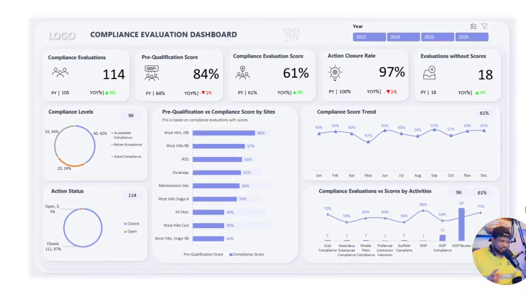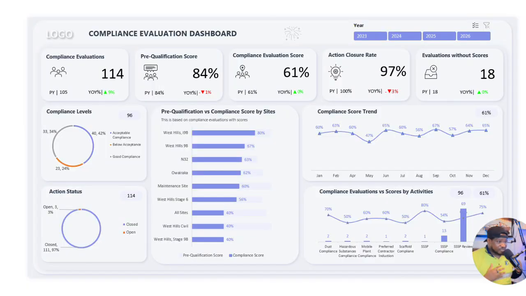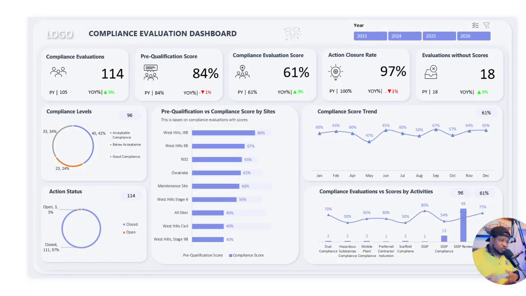This dashboard you see here is a compliance evaluation dashboard. All right, so this dashboard is a custom service, part of our data visualization service, and I had to extract some insight from the data set. It's a very structured template that was sent to us, and the goal was basically to load this data set into Power Query, clean the data, and then try to extract some insights based on some KPIs that we had